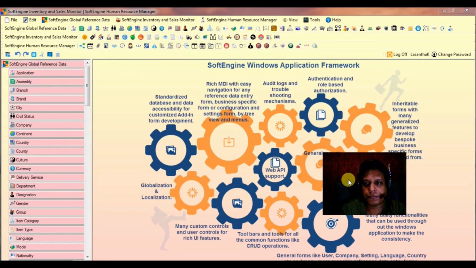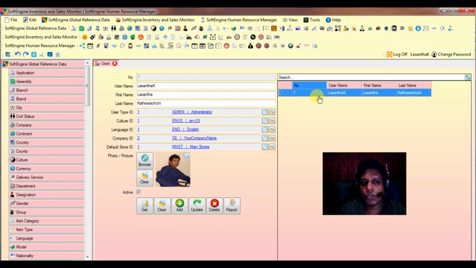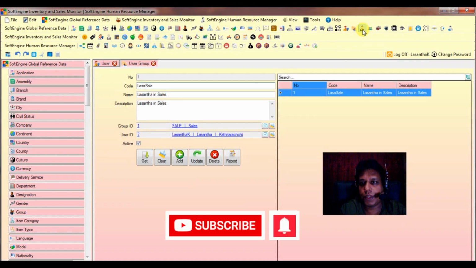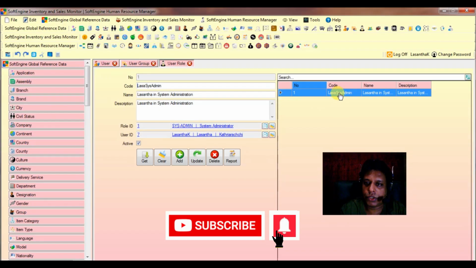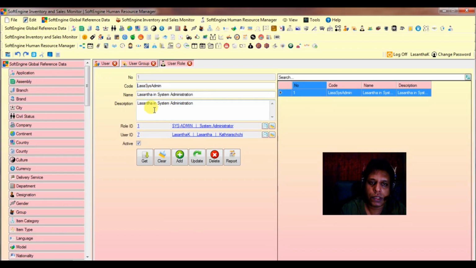Now what? Now we already have two new assemblies. We have some framework forms to assign new assemblies for users. This is user, and this is user group, and this is user role. Currently I have added only one user role for myself, that is system administration, and under that